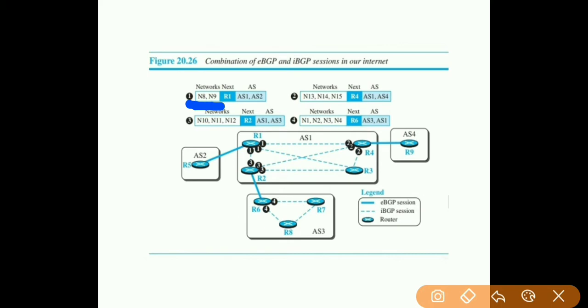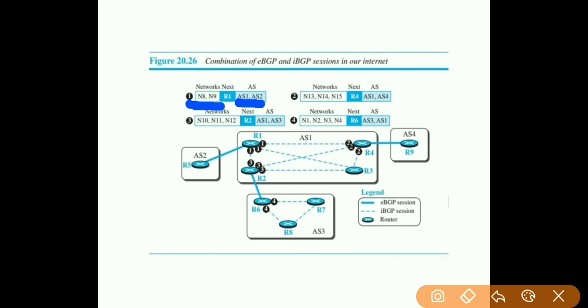I got some information, or I have already established an eBGP connection, so any packets coming from N8 or N9 can be transferred to AS1. Is this clear? Here AS1 and AS2 have the eBGP link created. R1 is the intermediary border router.